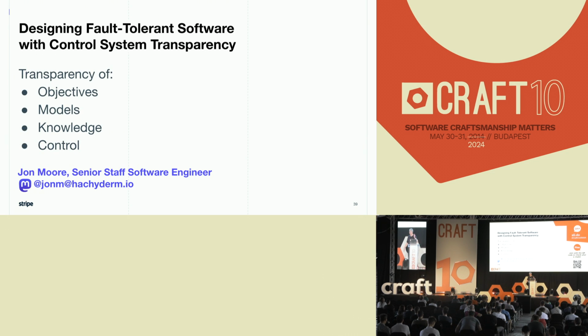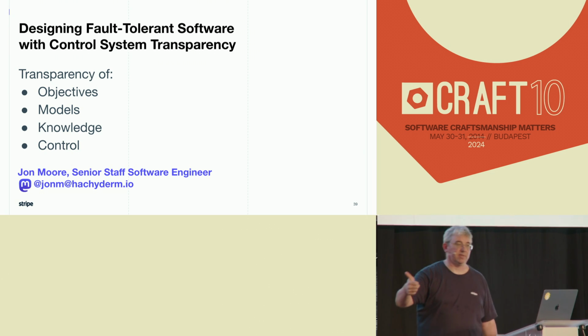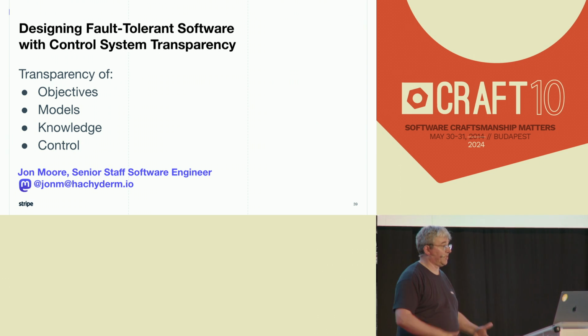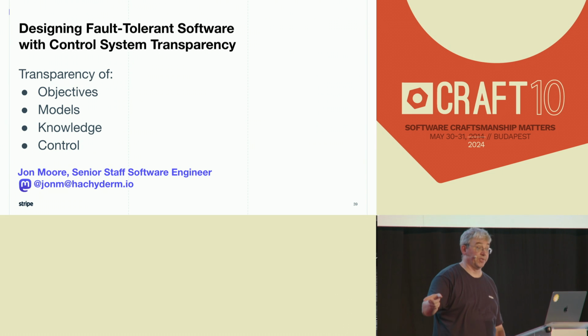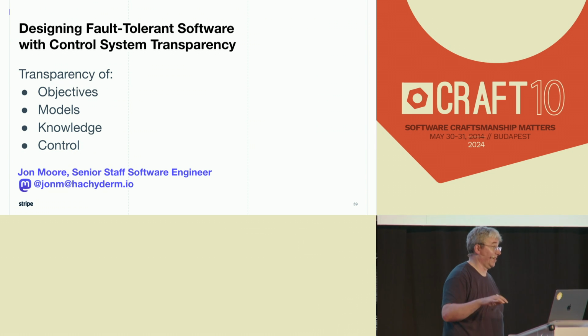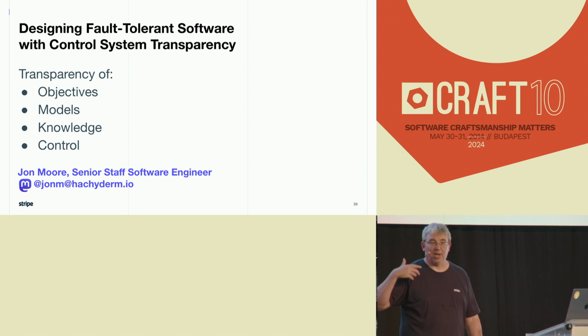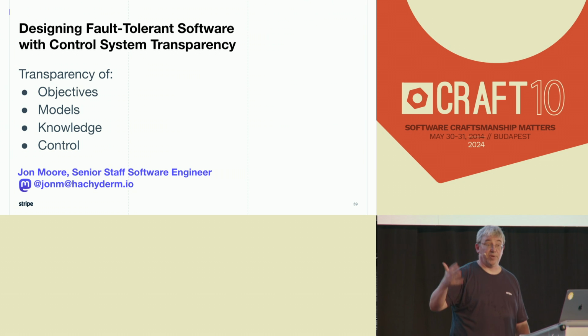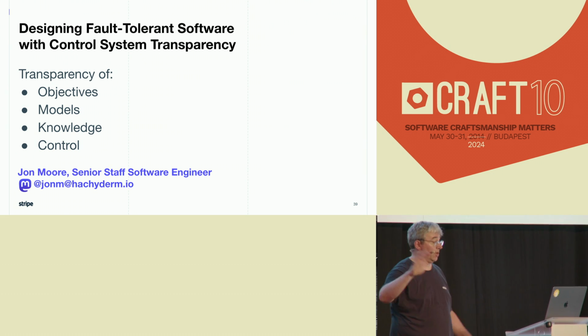So in summary, this paper, which I do encourage you to read, is a super cool paper, because it's about space, right? And space is cool. But if we can get transparency of these four things: the objectives that I'm trying to meet as a system; my model of how the system behaves and what the possible states are, not just what the desired states are, but what the possible states are; transparent knowledge about the state of the system; and then transparent control decisions, which we've all described here.